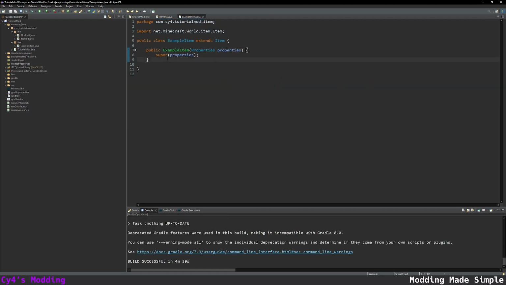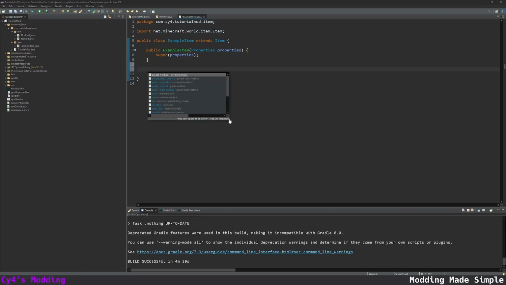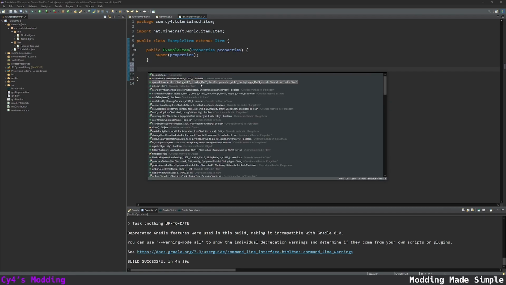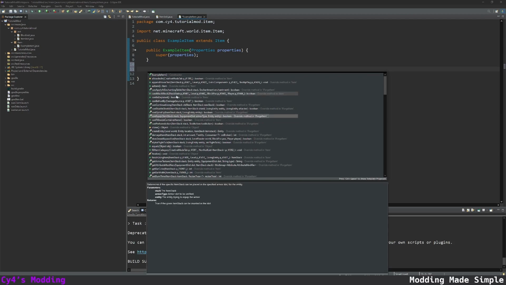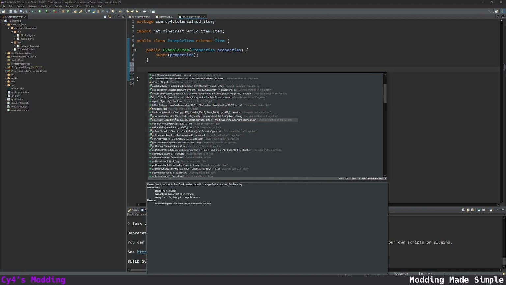So in ExampleItem, we can go down a bit and press Control space. And over here, we can see all the methods that we can override. So if I make this larger, you can do some stuff. You can do canAttackBlock, appendHoverText, which is the tooltip. You can say if it can fit inside containers, so if you can put it inside like a chest or something, if you can equip it, and other stuff. There's loads that you can override here, and I'm not going to cover them, but a couple useful ones include